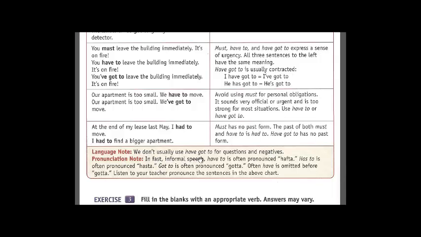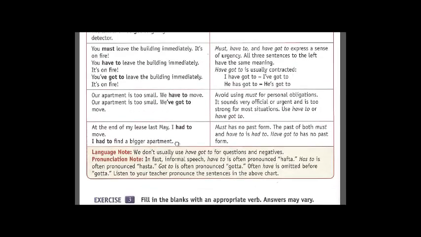Pronunciation notes: in fast informal speech, have to is often pronounced "hafta." Has to is often pronounced "hasta." Got to is often pronounced "gotta." Often have is omitted before gotta. Listen to your teacher pronounce these sentences in the above chart. Okay, so